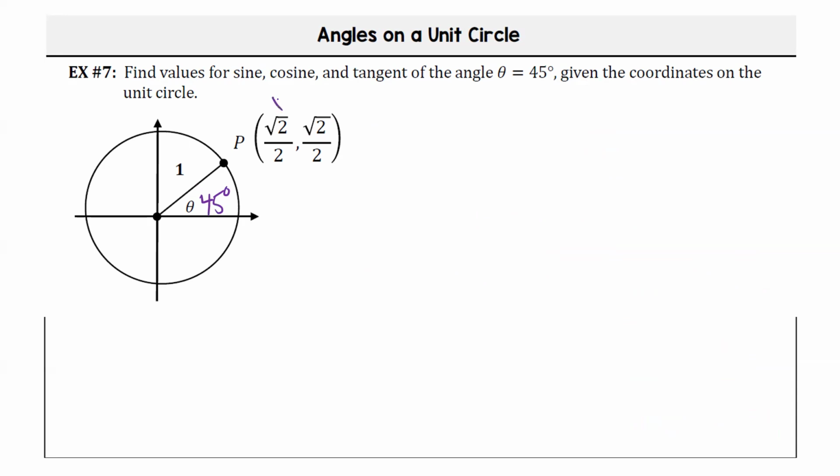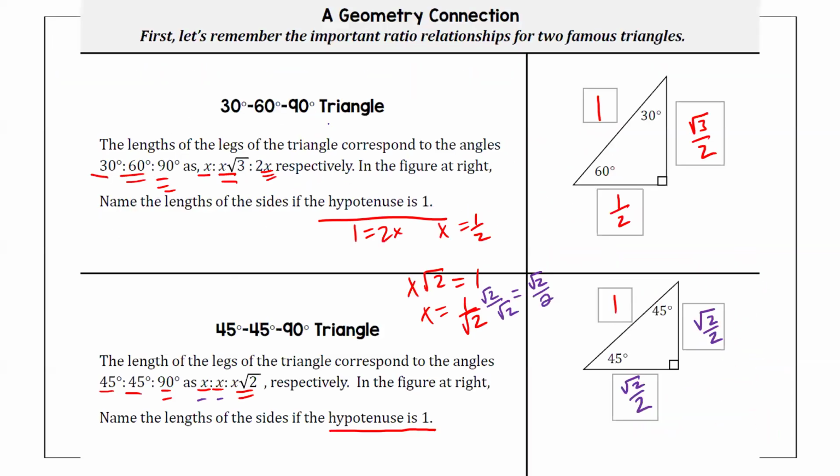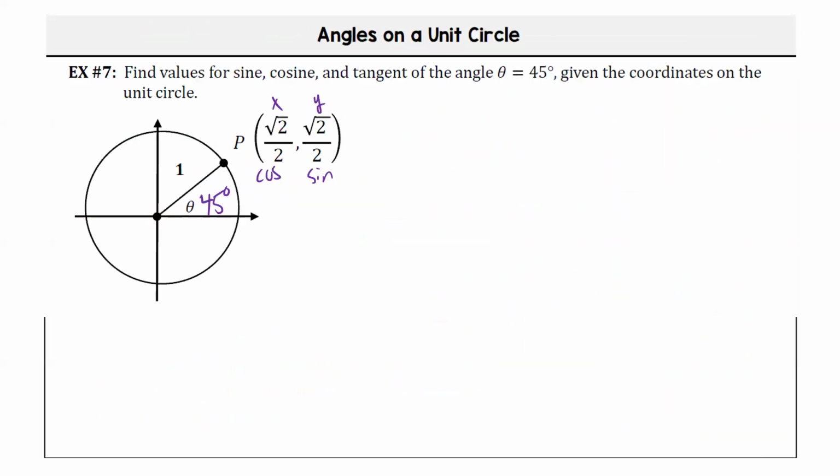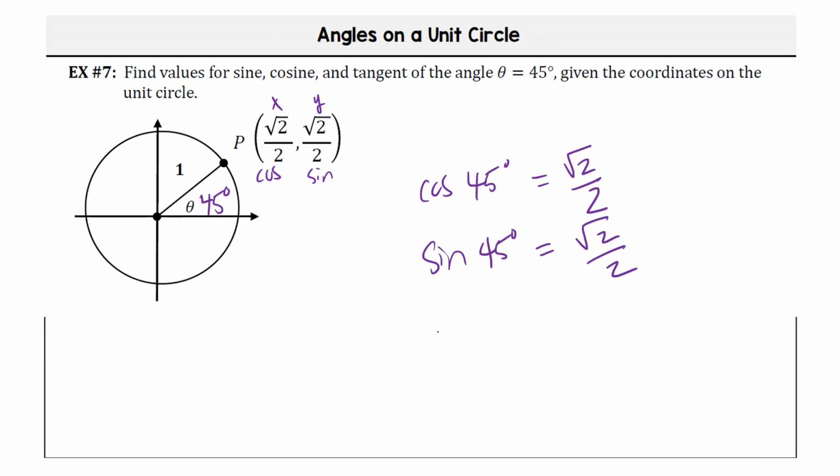Remember, x is our cosine, y is our sine. So this is the cosine of 45. This is the sine of 45. We know that because we go back here. We can identify opposite over hypotenuse, adjacent over hypotenuse, right? So now we can establish our cosine of 45 degrees equals square root of 2 over 2. Our sine of 45 degrees equals square root of 2 over 2. Our tan of 45 degrees equals,